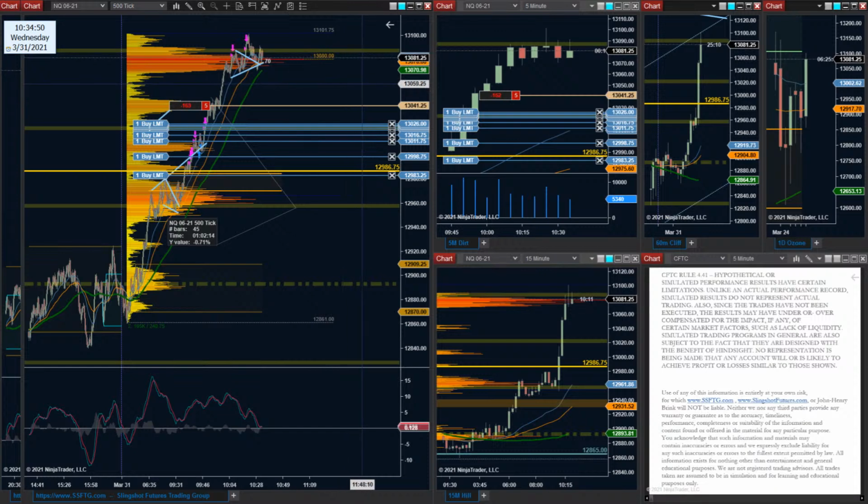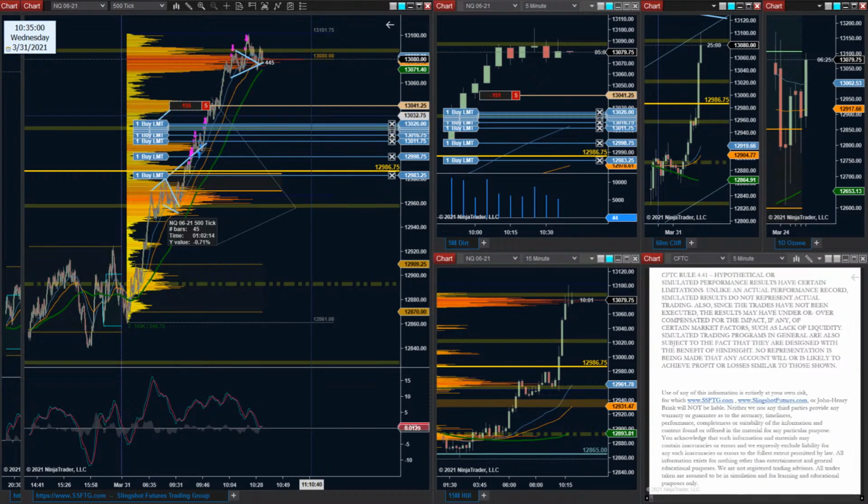This naked area of volume here at the 1360s as well as the 48s, that VVP in two of those zones makes me a little bit nervous, which is why I might have to draw my average up just to make sure that I'm in the right place. But for now, it's okay.